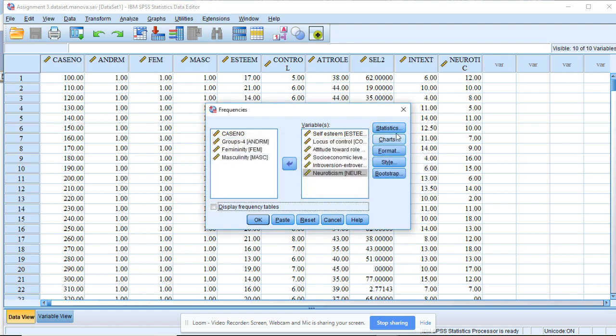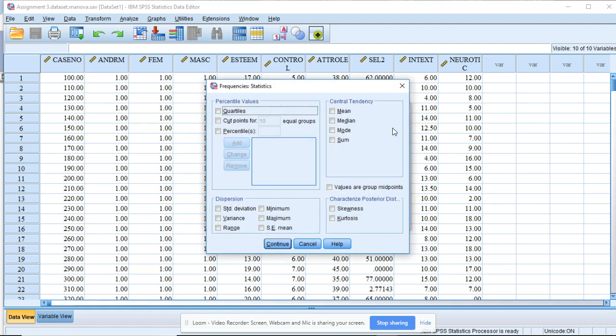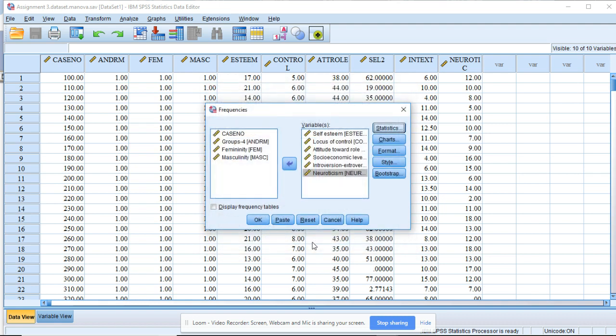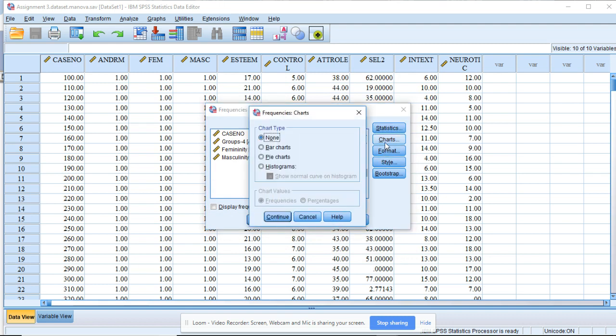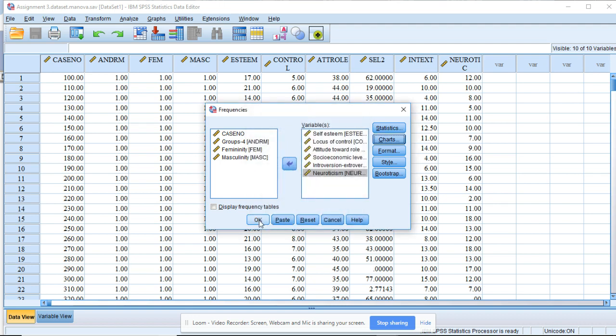Oops, I need to click on something else first. Okay, so now we don't need any of these things quite yet. We just really want the histograms for this particular part. We're going to run a different frequency output in a minute with the file split. So for now, just click on histograms and show normal curve on the histogram. Click on continue. That's all you'll need, and then make sure this is turned off or you'll get a whole long output. Then you can click OK,